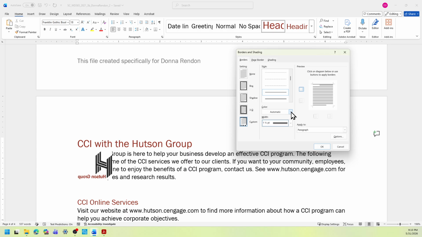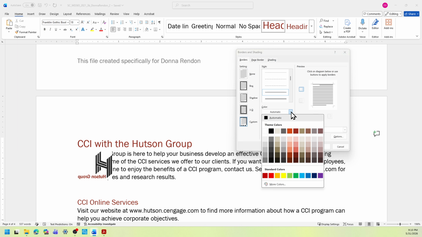So open the theme colors and look for dark red accent 2. So this should be the red one here. Dark red accent 2 is the first row, 1, 2, 3, 4, 5, 6 column. First row, dark red accent 2.